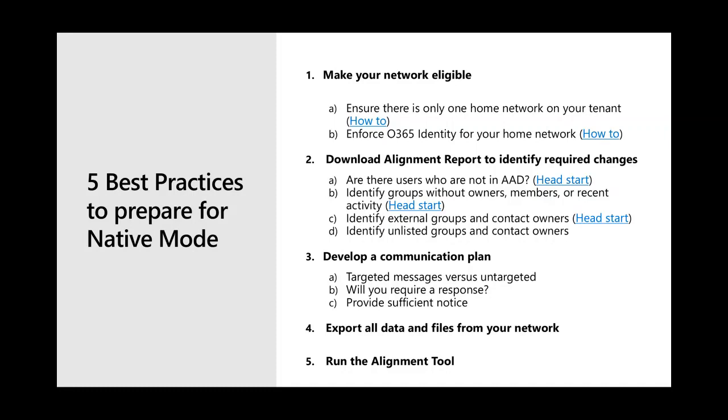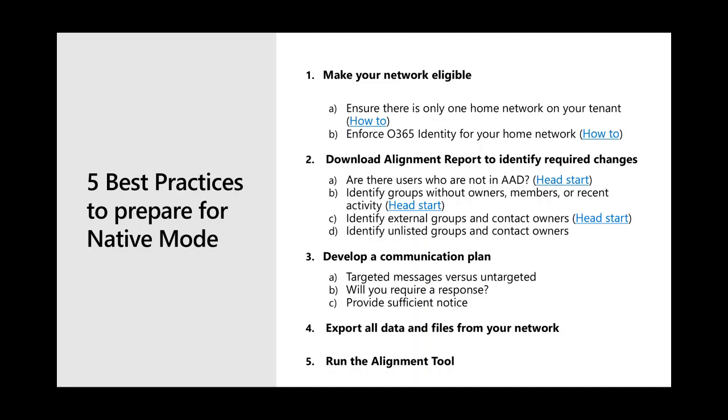For those of you familiar with unlisted groups, these are the private groups where the user has specifically selected that they do not want the group to be available in search results. This is not something that's supported by Office 365 groups. So when you run through the native mode alignment tool, all of your unlisted private groups are going to become listed private groups. They'll still be private. Nobody will have access to the content who isn't invited or specifically given access. However, the name of the group will start returning in search results. It's important to keep an eye on this because it is possible that some of your leadership team may have some unlisted groups around possibly mergers and acquisitions or hiring decisions, and it might be important to them to rename these groups prior to them becoming listed.